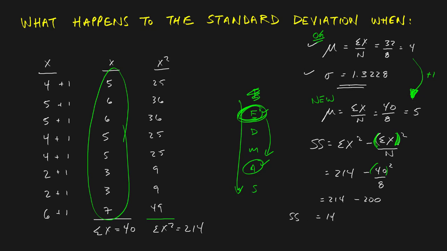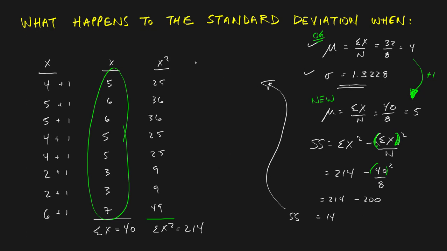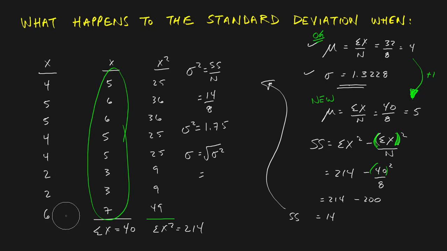Now that I've got the sum of squares, I can work out what my variance is, and so I'll need a bit of space for that. So I'll bring that up here. My variance is equal to sum of squares over n, and the sum of squares is 14. N is equal to 8, and this seems kind of familiar. This is exactly what the variance was before. 14 divided by 8 is 1.75, and so of course, if I take the root of the same variance that I got the last time I worked with this data,